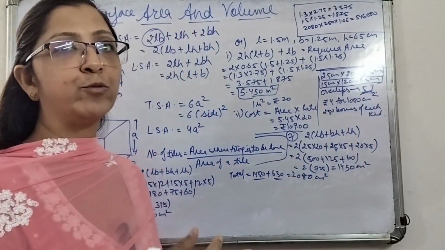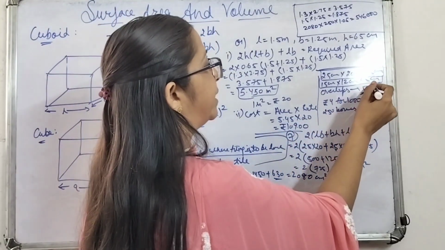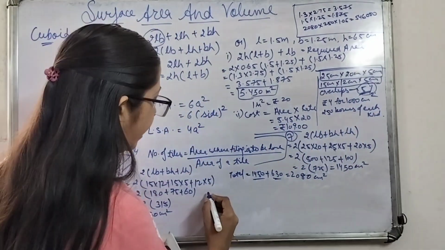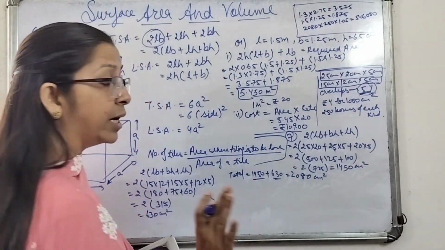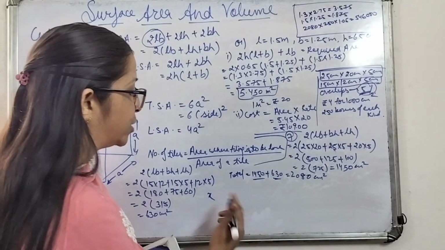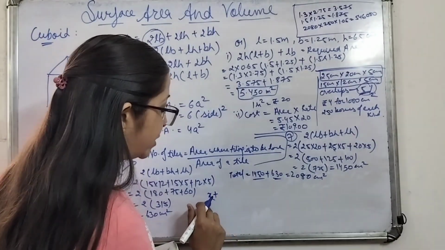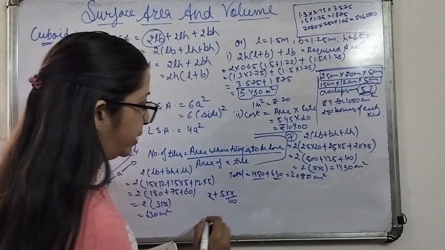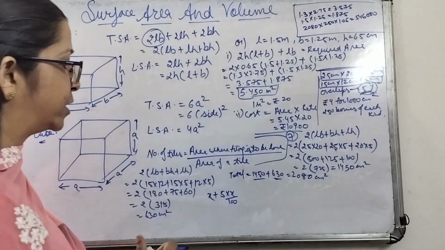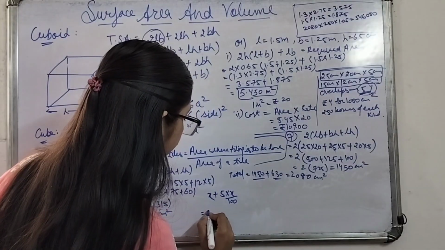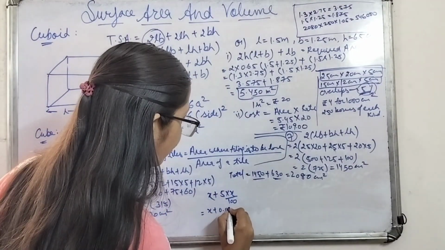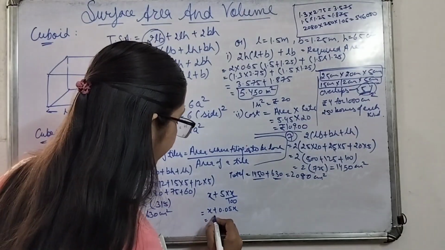Because of overlaps, whatever the overlap will be, we will be taking 5% extra. So 5% extra means if x is the area, we will be taking 5 multiplied by x over 100. This will be the 5% extra. So we can say x plus 0.05x,